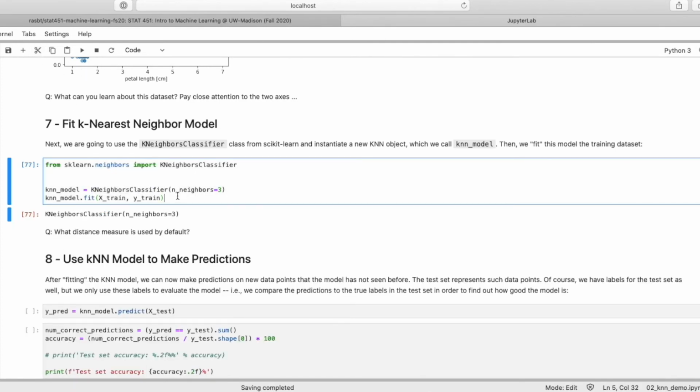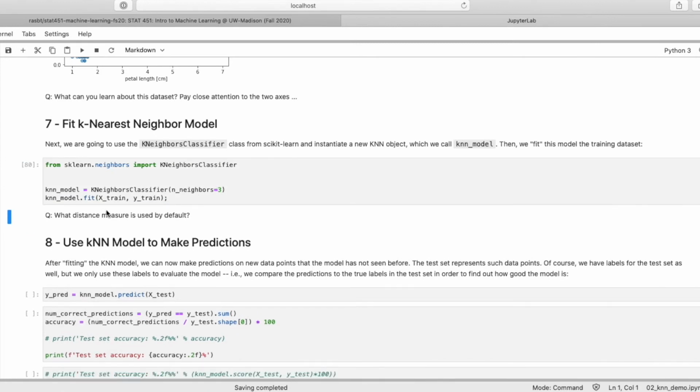Okay, so this will fit our data set. Also note there is no output here really. I mean, the output is just the object itself. It will return the KNN model, but we can also just suppress the output like that. Because it's an object-oriented approach, it will fit the model in place. So there's like a side effect here, so the model will be fitted after that call.